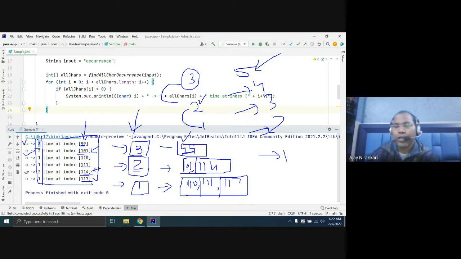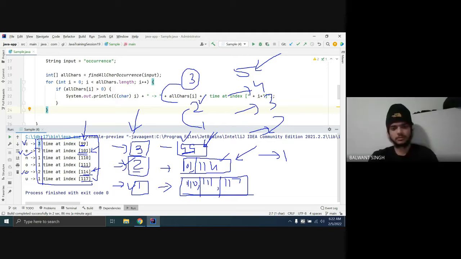What are we going to do? We have to print this C character 3 times. We have to print these 2 indexes 2 times, one is your E, another is your R. Next, whenever we find the next maximum 1, we have to print 3 indexes. So whenever we have a single value, you can store it in one variable. Whenever there are 2 values, you need the concept of an array. Is it clear?